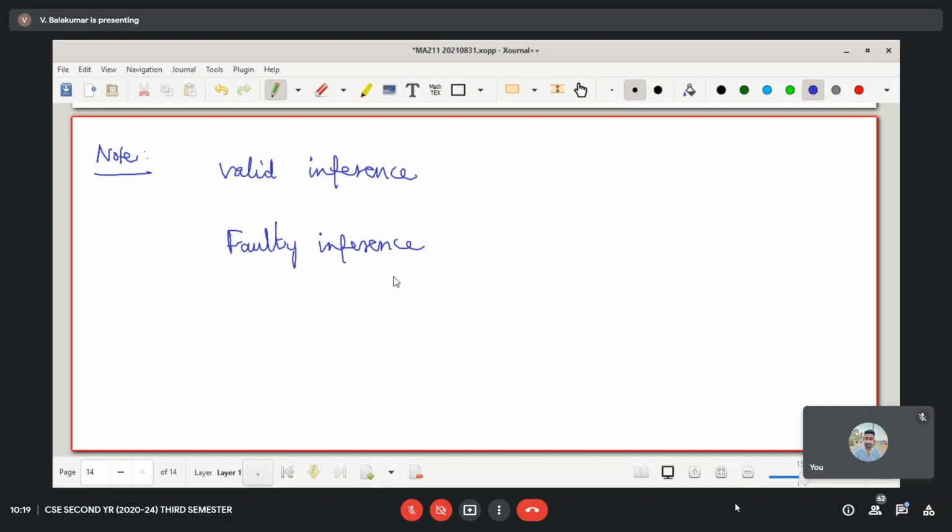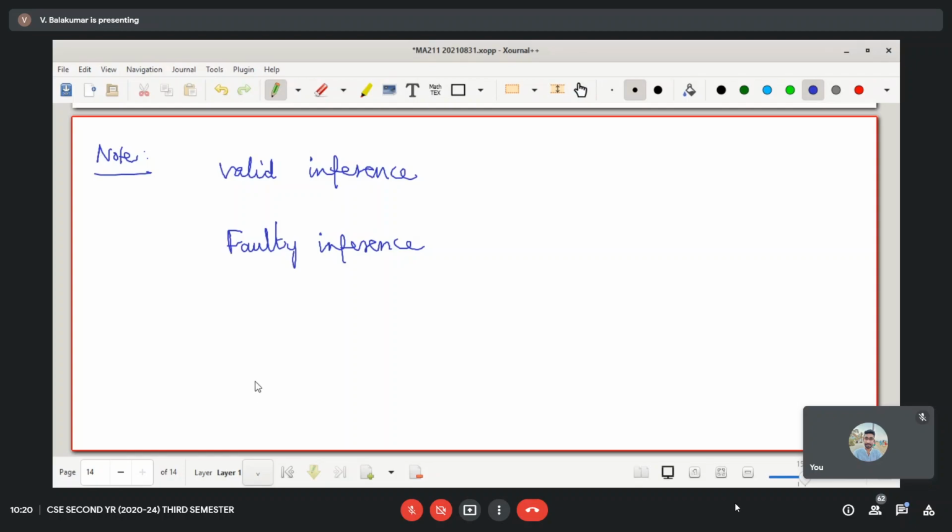Faulty inference is where the conclusion is incorrect; we made a mistake in between. There are three possible mistakes. We may look at those things also. What can we do as a mistake?